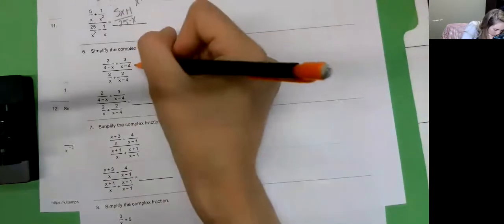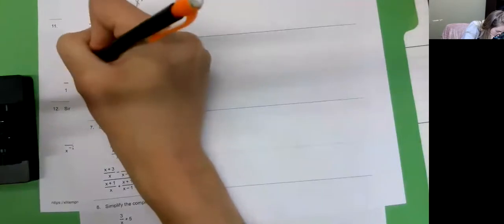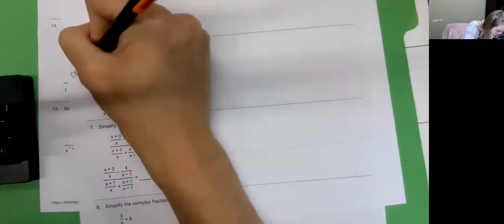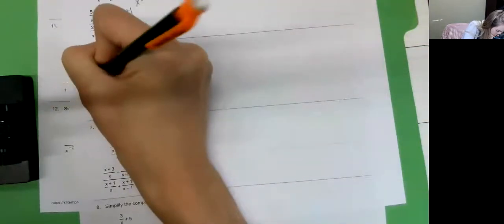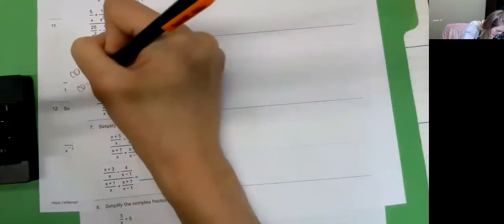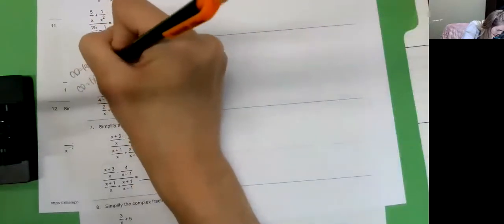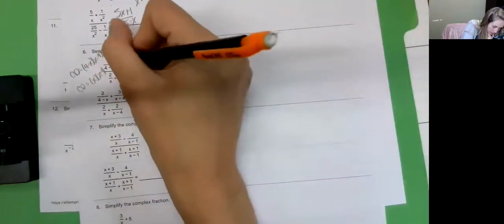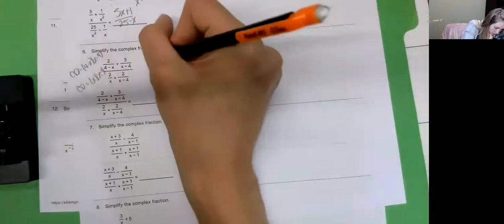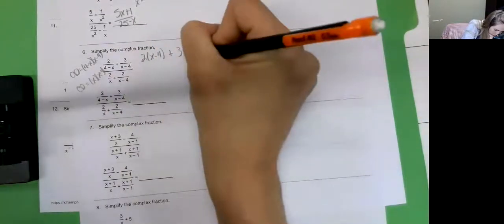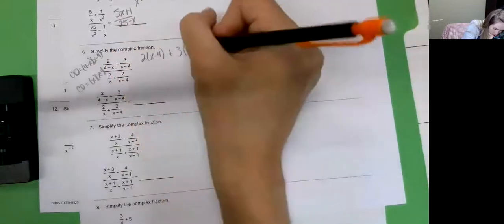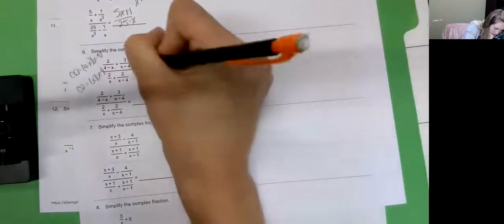Okay, so our common denominator here is going to be 4 subtract x times x subtract 4. And our common denominator on the bottom would be x times x subtract 4. So let's do that first. This one's over 4 subtract x, so I have to multiply it by x subtract 4. So I have plus 3 times, and it was over this one, so I have to multiply by that one, 4 subtract x. And it's over